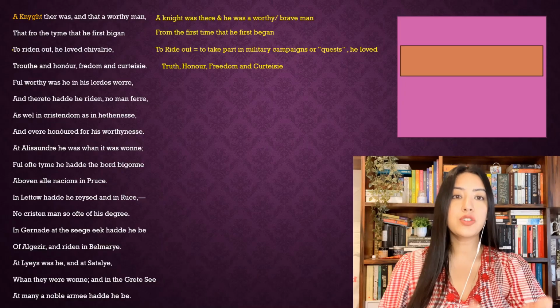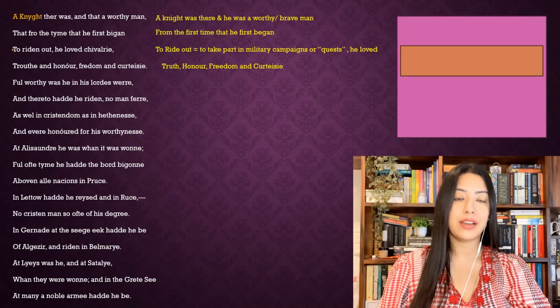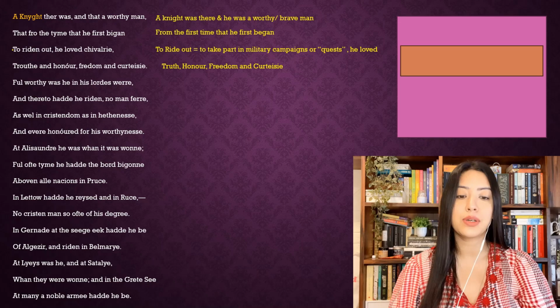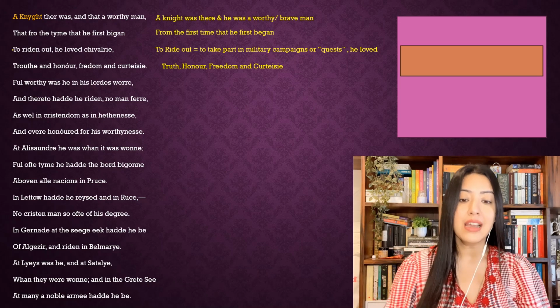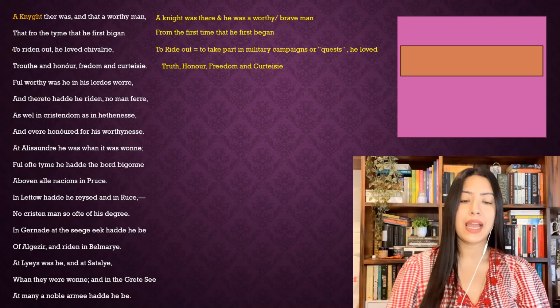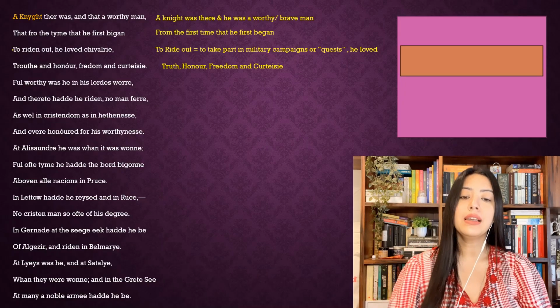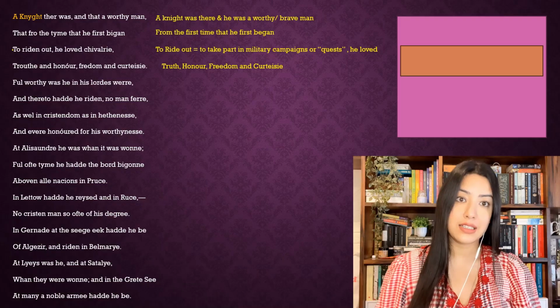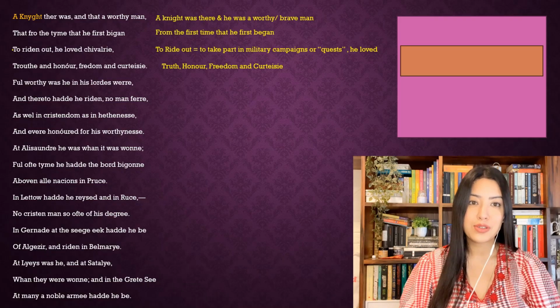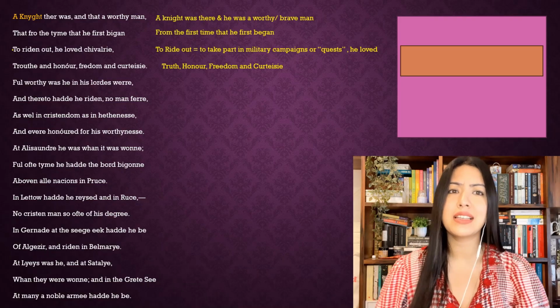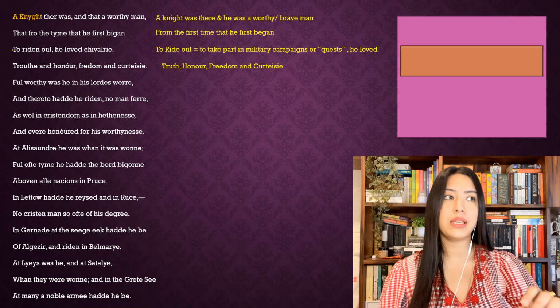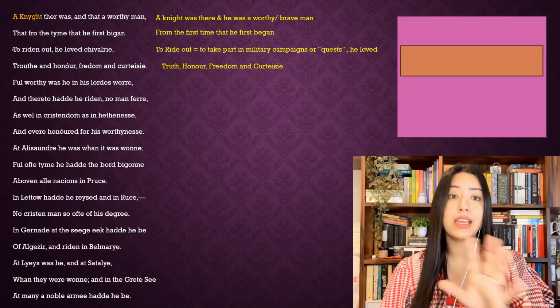So this is what Chaucer tells us about the knight. He says, a knight was there, and he was a worthy, brave man. From the first time that he began to ride out, to take part in military campaigns or quests, he loved truth, honor, freedom, and courtesy. We are introduced to him, and immediately Chaucer says that from the first time the knight had been employed as a knight, I'm saying it simply,